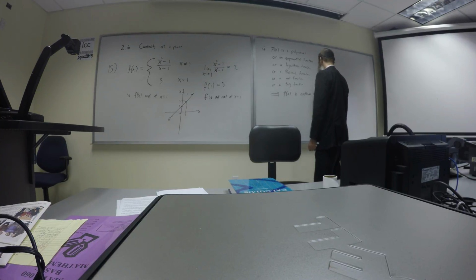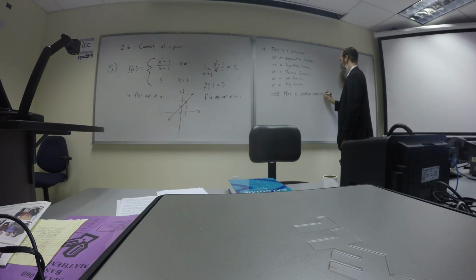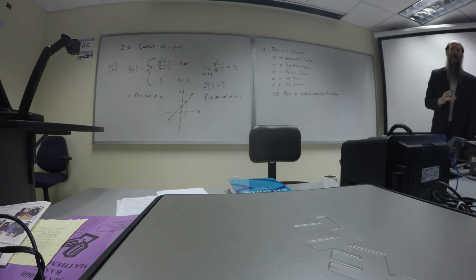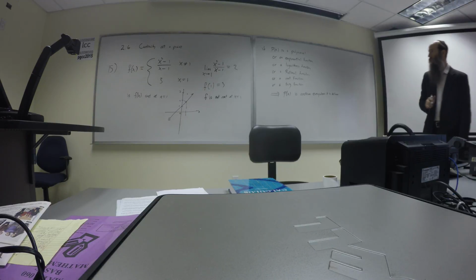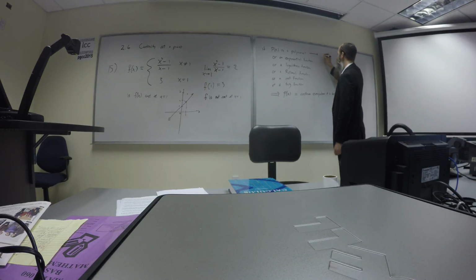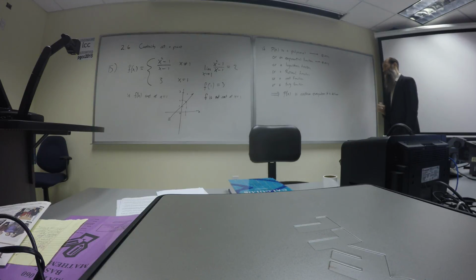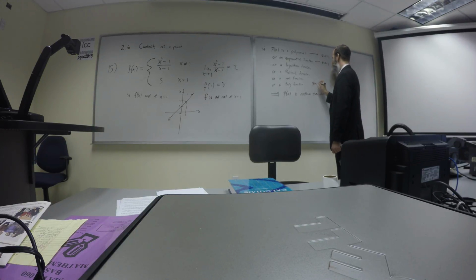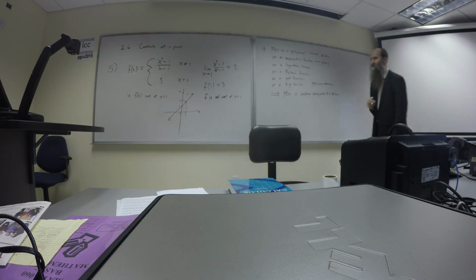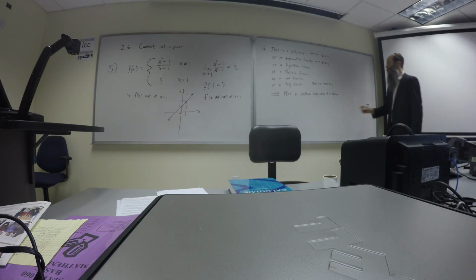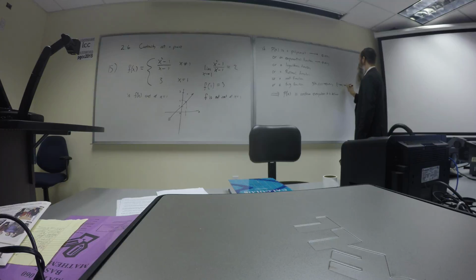You have to be careful with this one caveat at the bottom: everywhere it is defined. Everywhere it is defined, it's continuous. Doesn't mean it's continuous everywhere. Polynomials are continuous everywhere, and so are exponentials. Sine and cosine are too. I mean the whole real line, the full breadth of the x-axis.